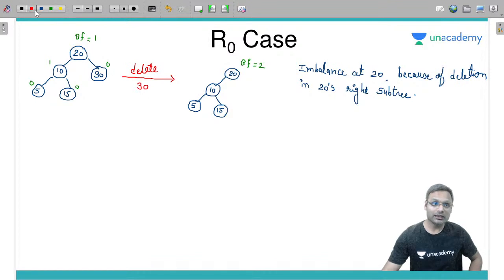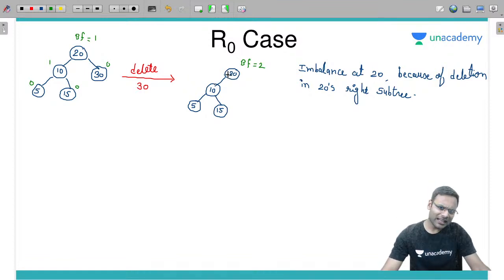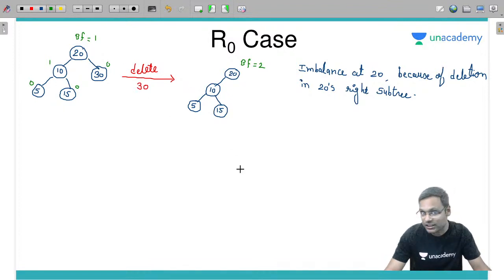We need to check the balance factor of 20's left child. What is the balance factor of 20's left child? यहाँ पे चेक करेंगे कि बैलेंस किस वजह से है. लेफ्ट साइड में ज्यादा नोड है इसलिए, या राइट साइड में ज्यादा नोड है इसलिए. Why we have imbalance at 20? Because left side more height is there, and right side more height is there. What is the balance factor at 10, left child of 20,